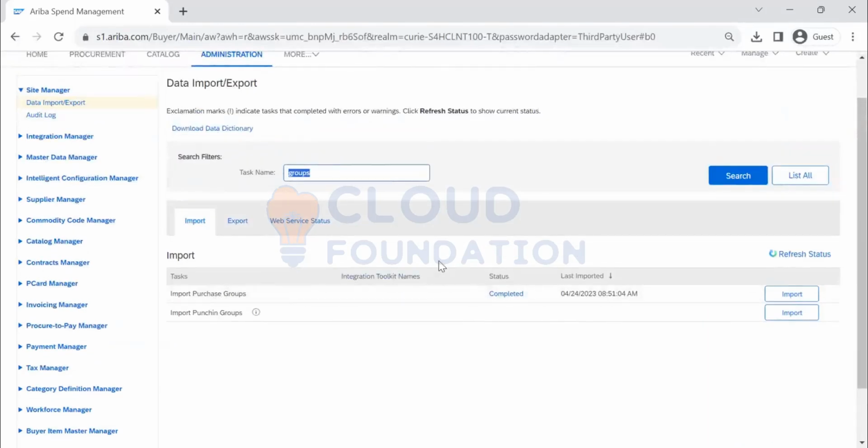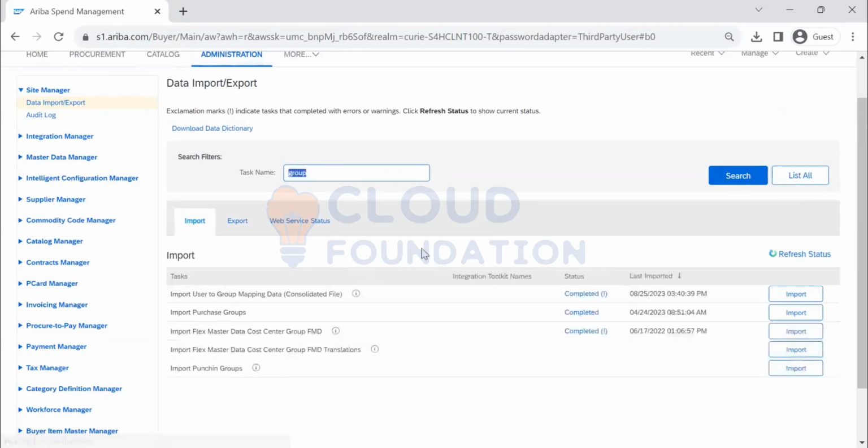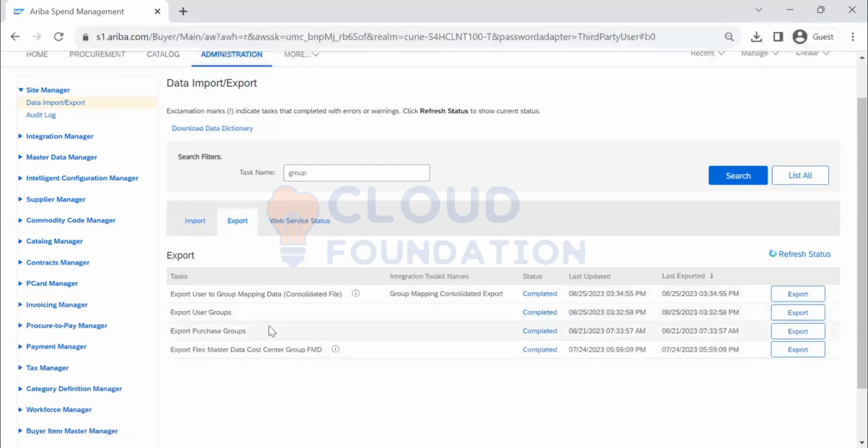Purchase groups is different. Export user groups, not user groups. Okay, user